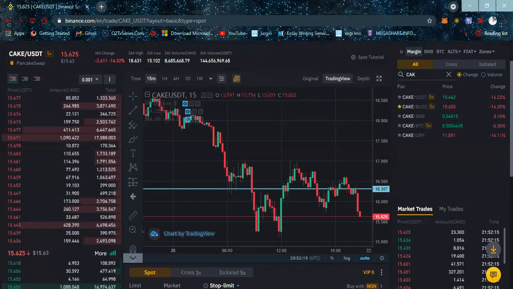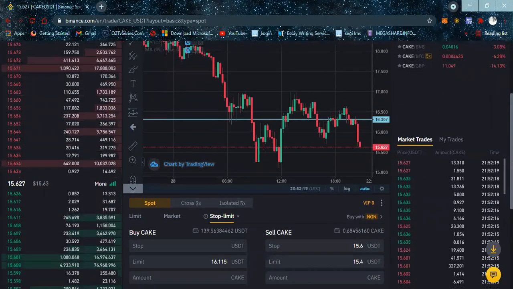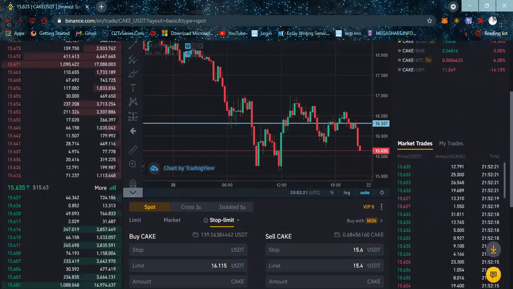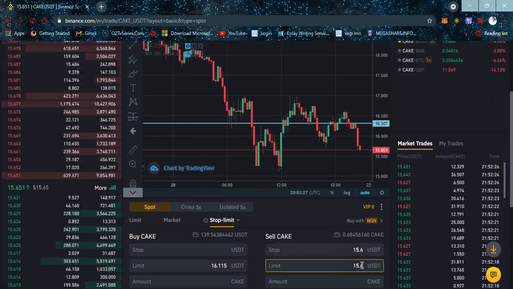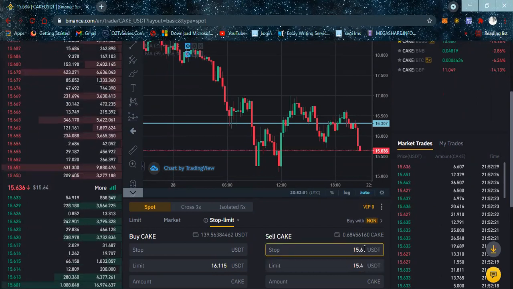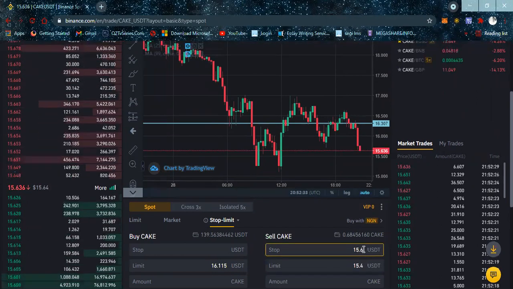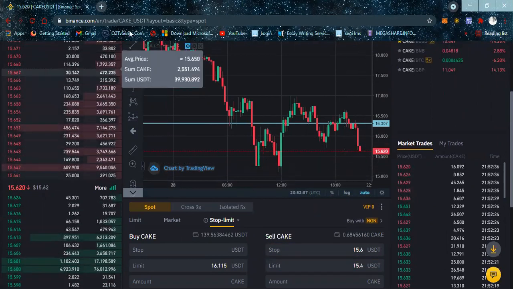Now look at this. If I'm using stop limits, my stop price, that's the trigger, is a bit higher than your limit price, because your stop price is a trigger condition. You're telling the market that if it gets to this point, you sell at this point. So I'm trying to tell the market that if my price gets to,